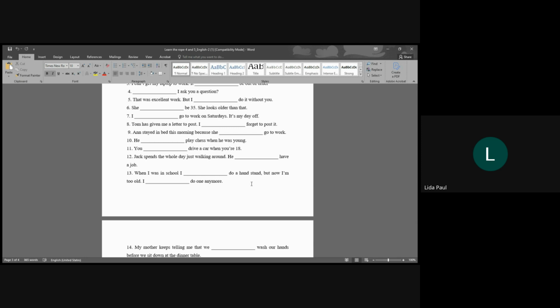This is an ability question. Couldn't. Needn't. Yes, she needn't go to work. Okay, needn't, yes, we can use. She needn't go to work. She couldn't go to work. Yes, that's also possible. Any other answers? Okay, I think these two answers should be fine for that. Next one would be